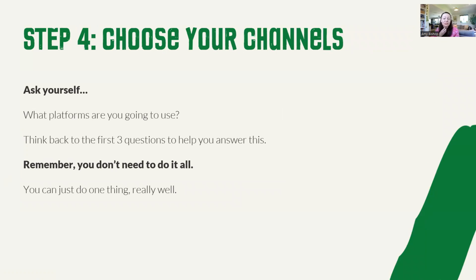Next step is about choosing the platforms that you're going to use for social media. And at this point, we start looking back to those first three questions to help answer this. So as an example, you might find that the goals you laid out, your social media goals and your target audience suggest that, say, Facebook is perhaps the best platform for you to use, and maybe a Facebook page is an appropriate channel for your hub. But it might also have suggested that Instagram could be good for you too. But perhaps in step three, you identified that you've got some limited resources.